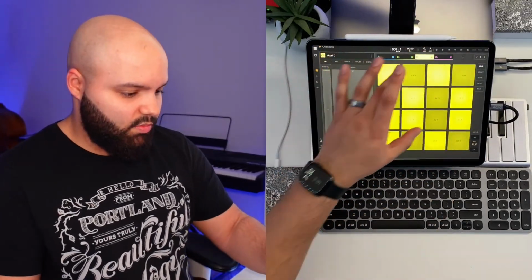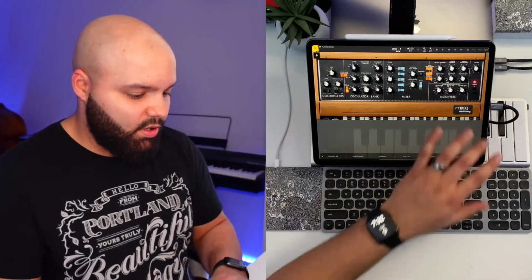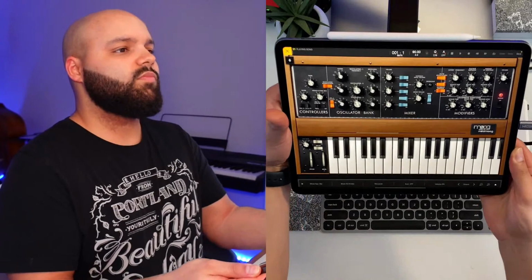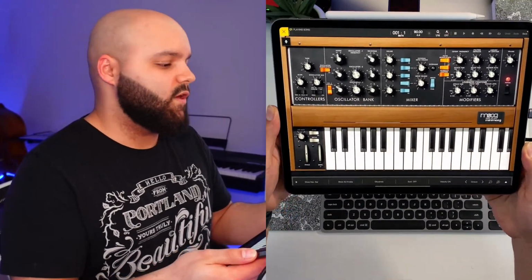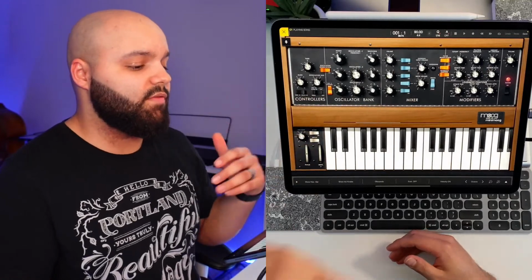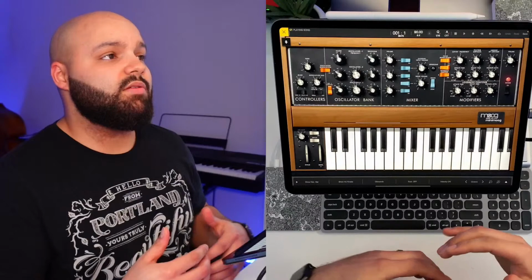So let's see, Model D right here. So we got Model D loaded up. There's a lot of different parameters you can mess with. So boot this up so you can see it. I'm not going to go into every single parameter, but there's a few things that are pretty common between most